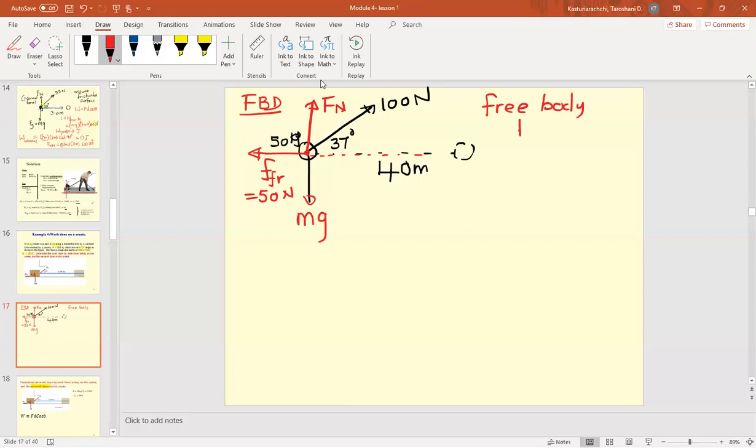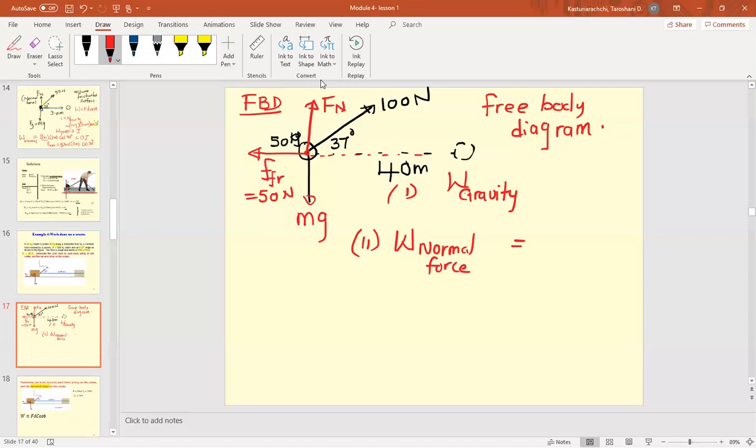Once you have this, you can forget about the physical picture. Okay, now it's asking me to find the work done by all forces. A net force means total force. I could do that: work done by gravity, gravitational force, first. Second, work done by normal force.